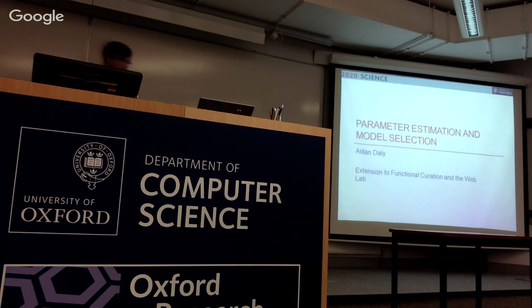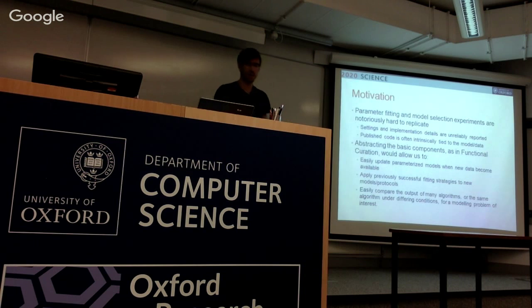Okay. So I've been doing some work on my own user project, also building off function curation. The motivation for this was that, as we talked about yesterday, virtual experiments are becoming very hard to replicate. Remember our diagram where we felt published models have experiments baked in and hard-coded. And we feel this is very much the same for parameter fitting experiments. Either when parameter fitting is performed, you don't report it well enough to replicate it independently, or when you publish your own code, it's so intrinsically tied to the problem at hand that it's very hard to generalize it